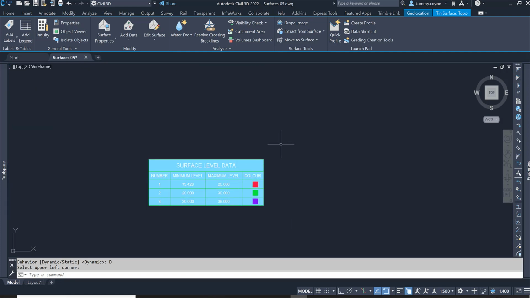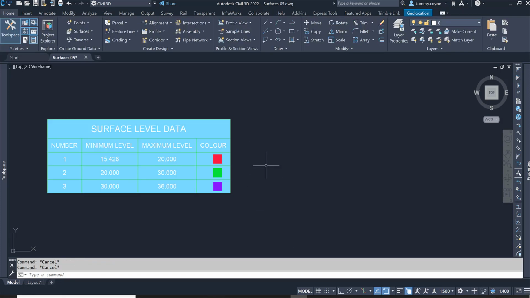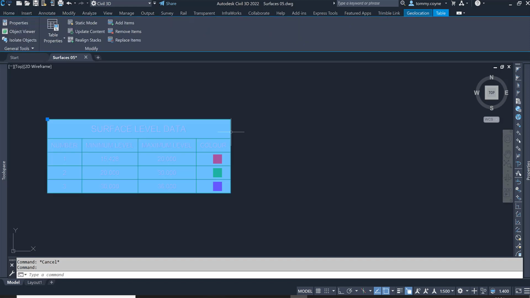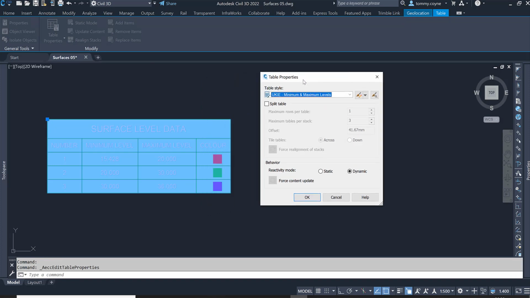I'm also going to add in an area column over here. To do that, we just want to press Escape a few times, left click on the legend, on the contextual ribbon, go to the Modify panel and select Table Properties. Selecting Table Properties, this dialog box will appear. Select the Edit Table Properties icon here,